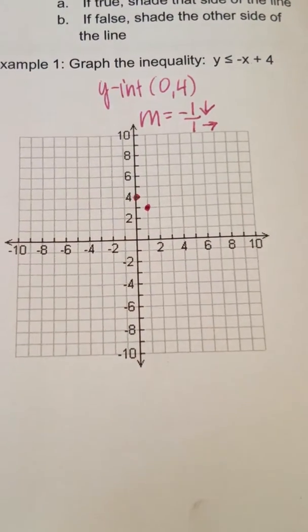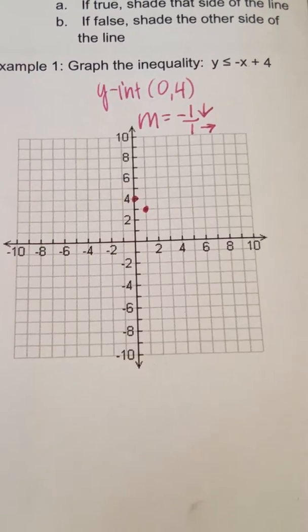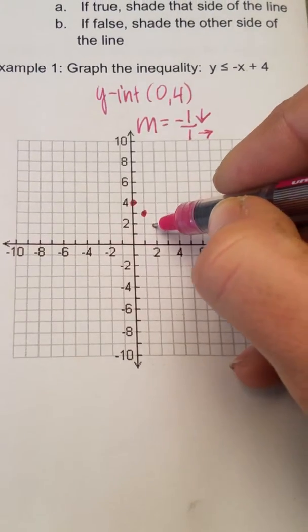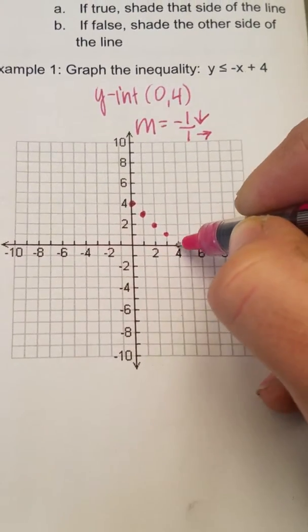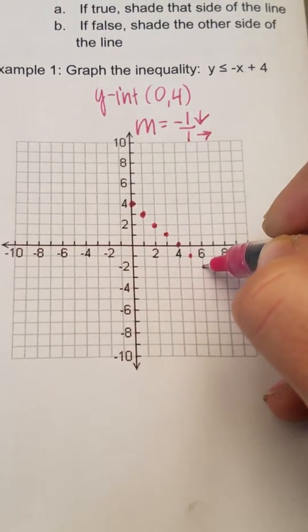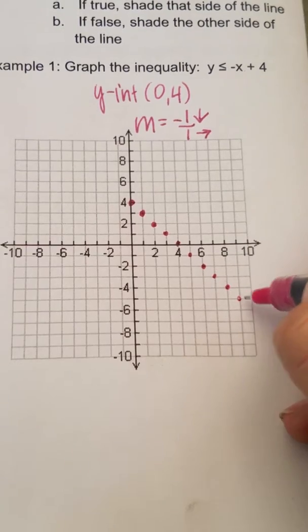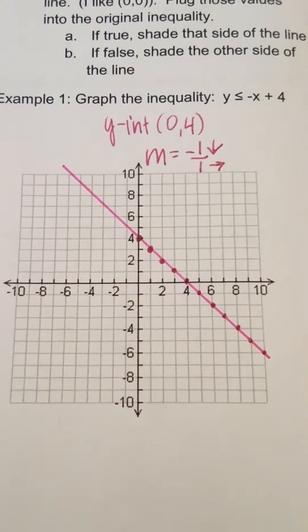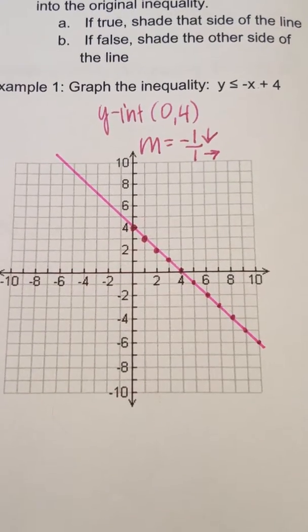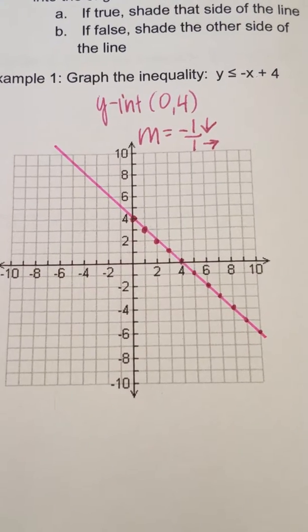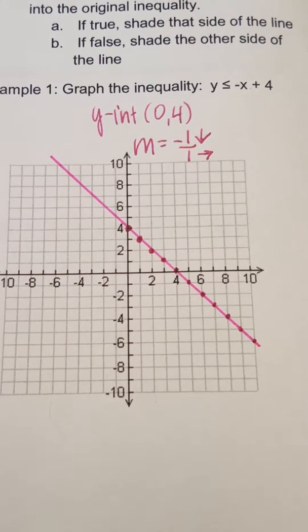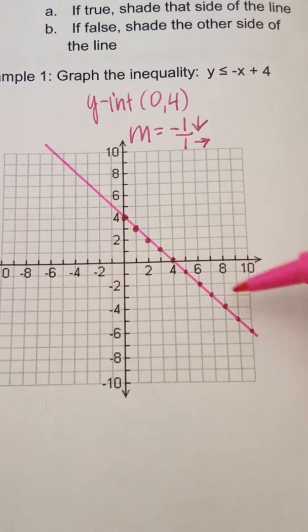Now we know that it only takes 2 points to define a line, but I like to follow that pattern all the way to the edge of the graph to make sure that I get a nice accurate line. So I've connected the dots using a straight edge to form my currently linear equation, because right now this is